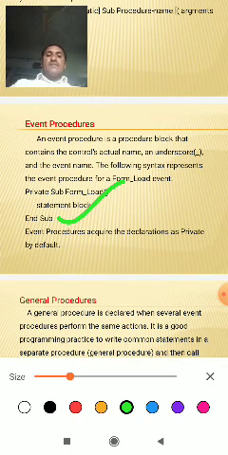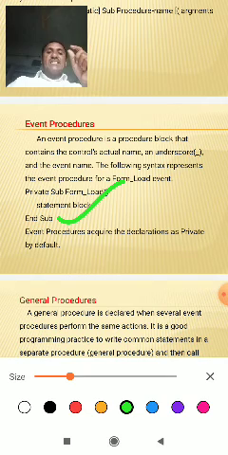Event procedures: the declarations are Private by default.